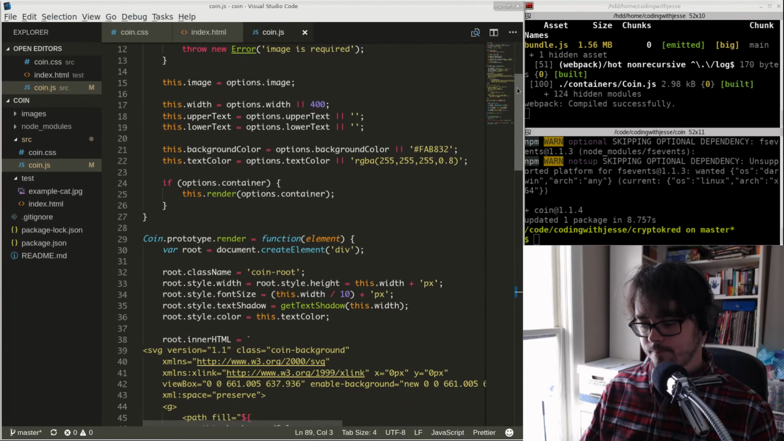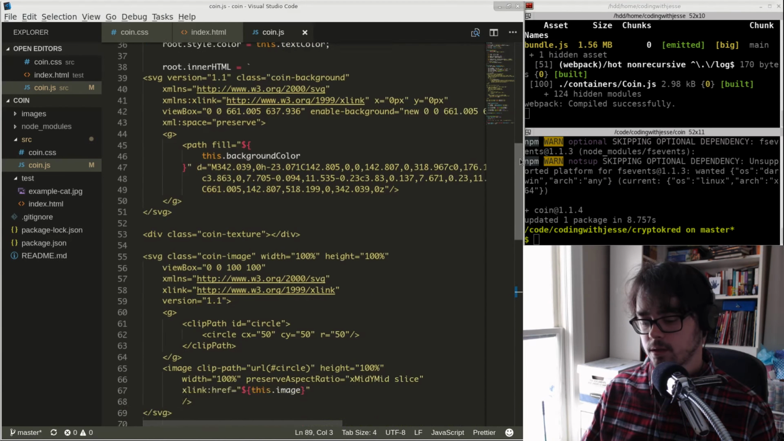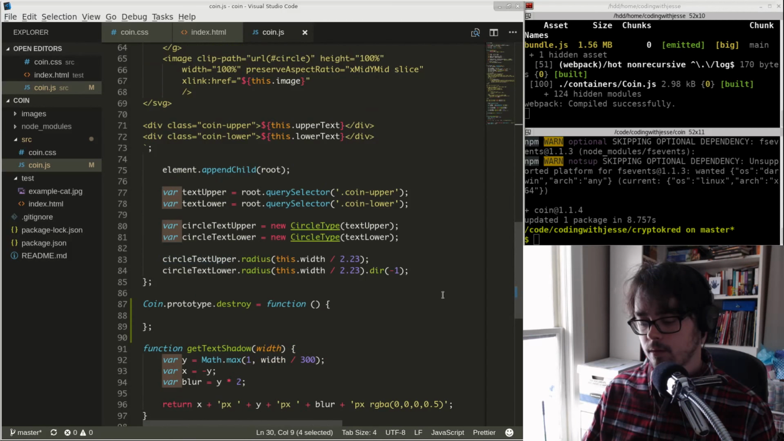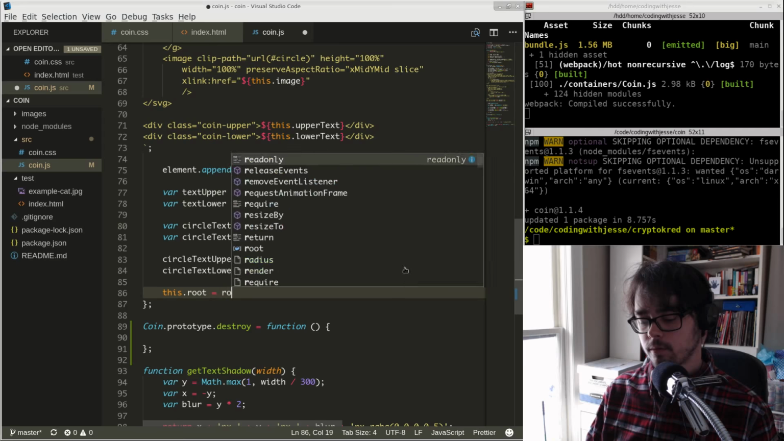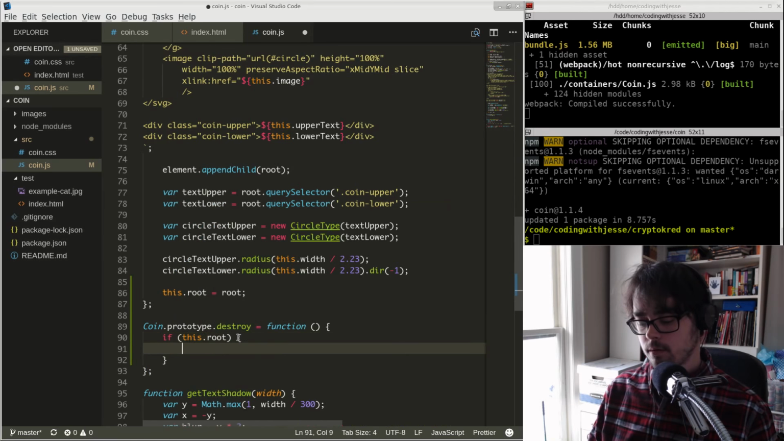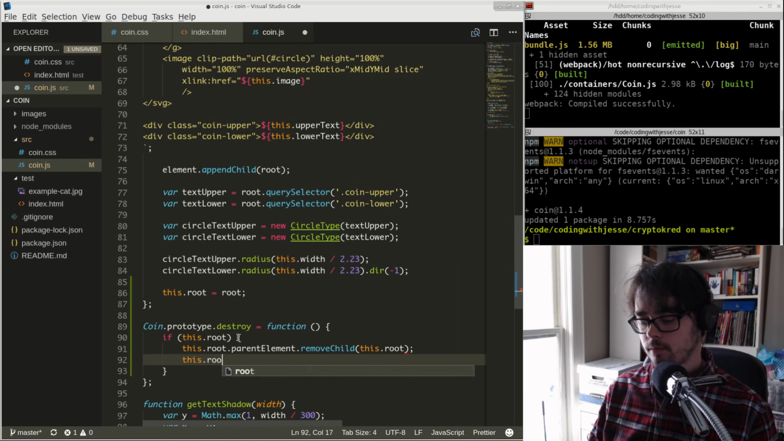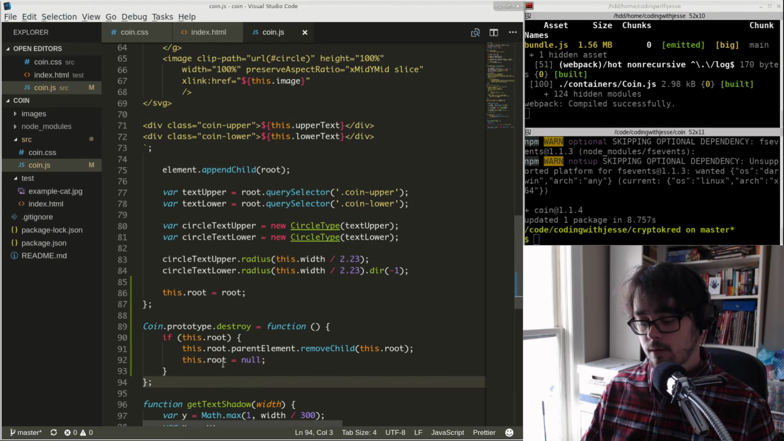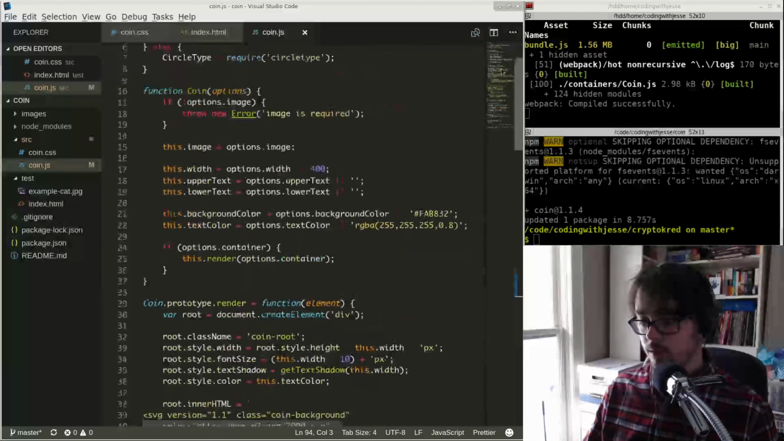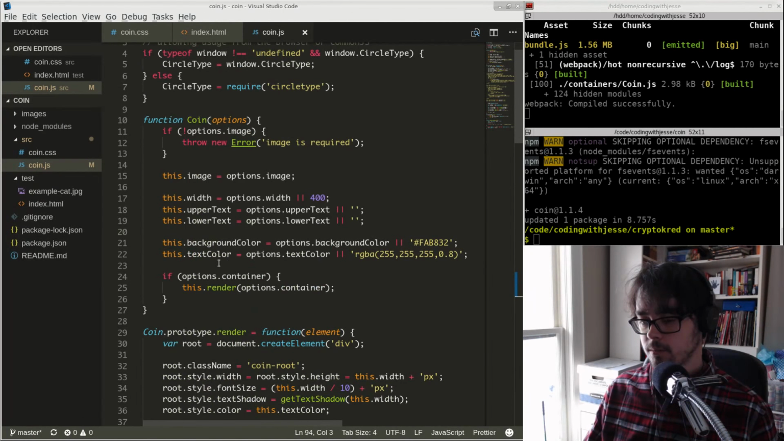Well, you know what? My render function doesn't actually keep a pointer to the element anywhere. I think I need to do that. So how about last thing I do is set this.root to root, and then this.destroy will be like if this.root.parentElement.removeChild(this.root), root equals null. I'm doing that to avoid a memory leak. So I also want to wipe out these options, but the